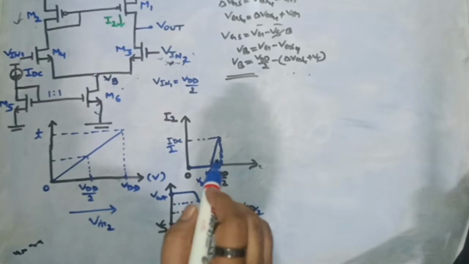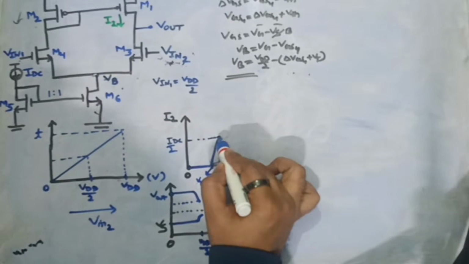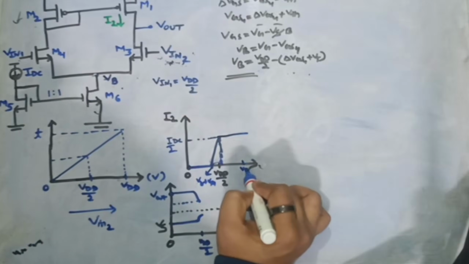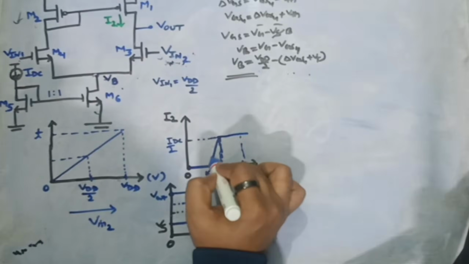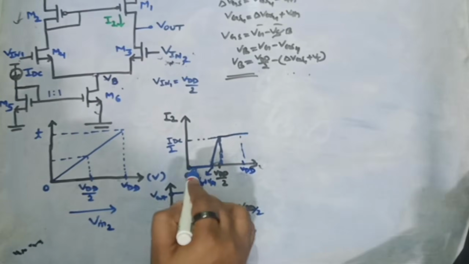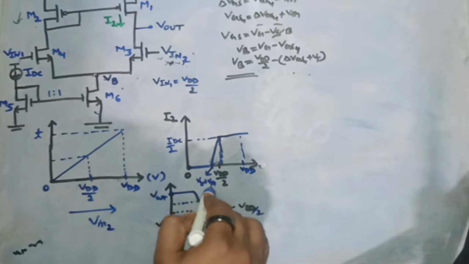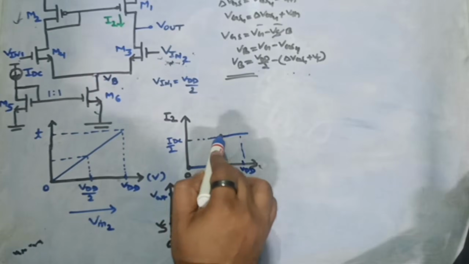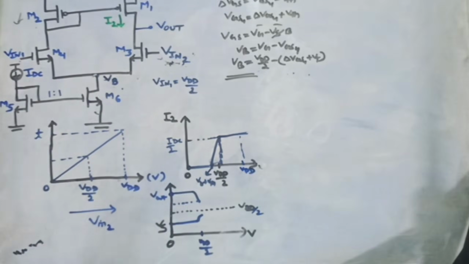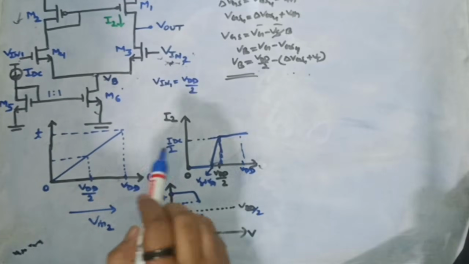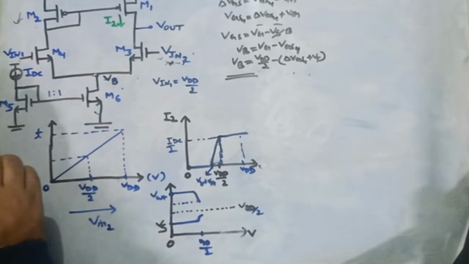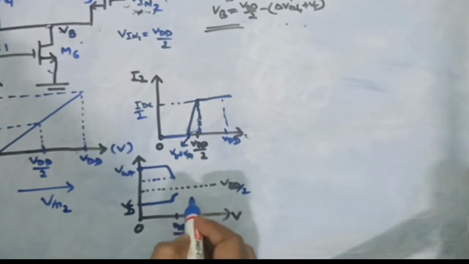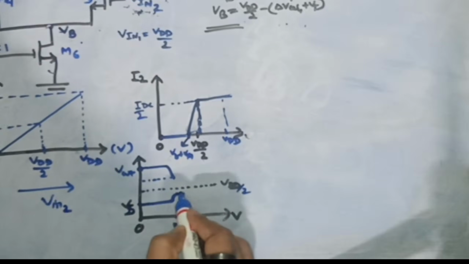So if I have to plot the current waveform, it will be sitting at IDC by 2 even when my input is at VDD. The current is not changing. It was 0 till VB plus VT, then it started to rise, and from VDD by 2 onwards it is always at IDC by 2. So this is the current I2 waveform. Now since current is the same, again my VB potential will not change. VB potential will be still the same as what we were getting at VDD by 2,